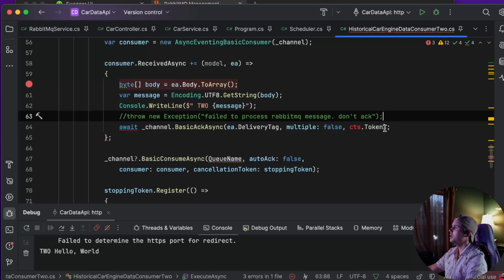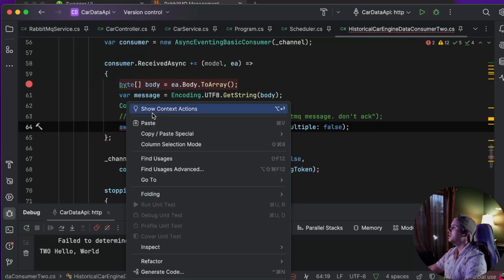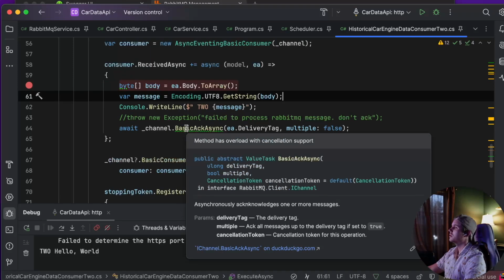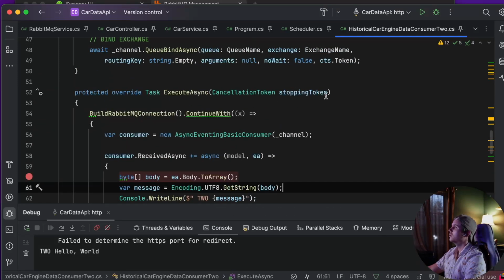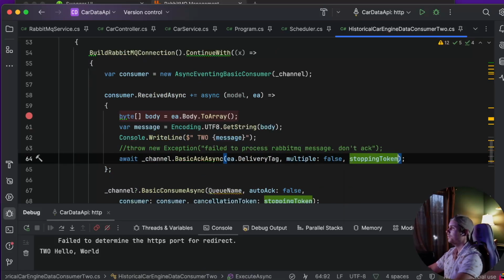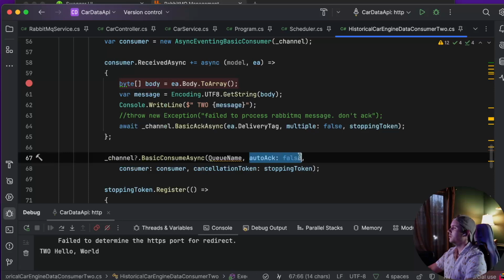Now I need to change the signature here a bit. I need to make this an asynchronous anonymous function. So now I'm sending. It's going to tell me, okay, cancellation support. Oh, I guess I do have a stopping token I can pass in. Okay, I'll pass in my stopping token. So now I've set auto acknowledgement to false, which means that